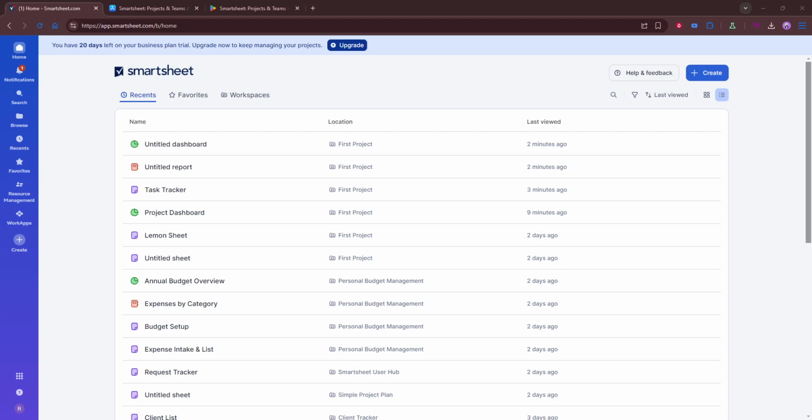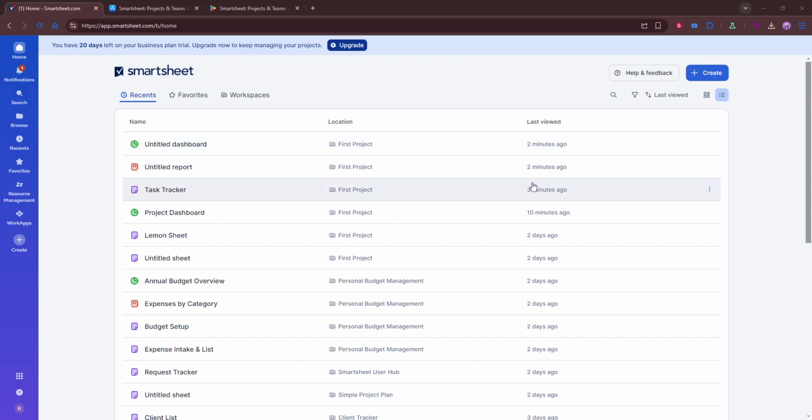In today's video, I'm going to teach you how to download and use the Smartsheet mobile app on your phone. If you want to manage your work while you're away from your computer, the Smartsheet mobile app makes it easy to stay connected. You can check project updates, review information, and access important work items right from your device. In this walkthrough, I'll show you exactly how to get the app installed and signed in so you can start